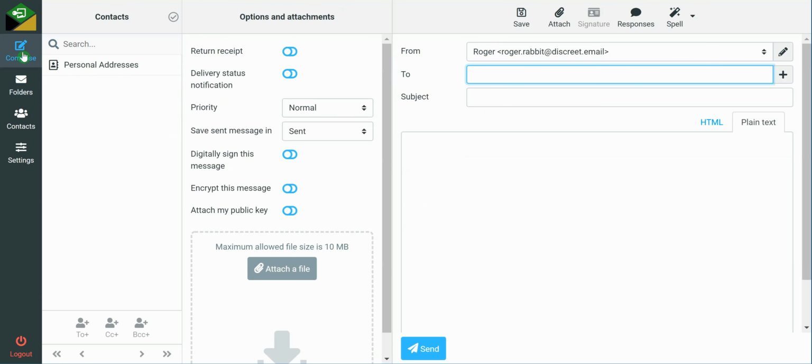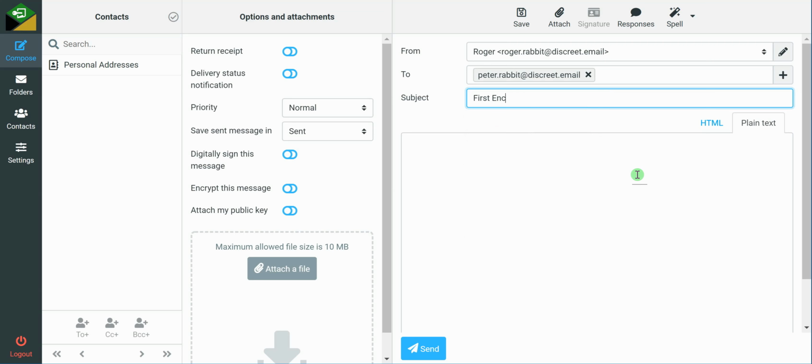So let's start with composing a new message, clicking the icon in the upper right hand corner, and then putting Peter's address into the to line of the new message in the far right column of the system. It's very simple. As I start to put in the message, I'm going to put in a subject that this is the first encrypted message that I'm going to send to him, our encrypted secure email message. And then I'll type a quick set of text to let him know what I'm actually sending